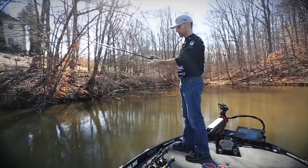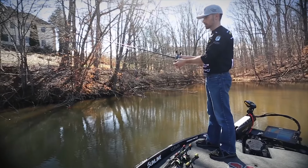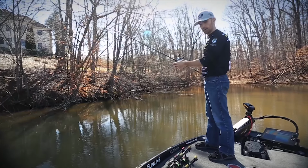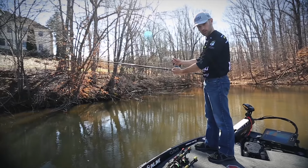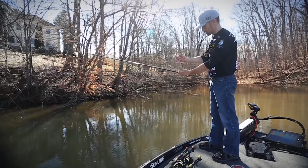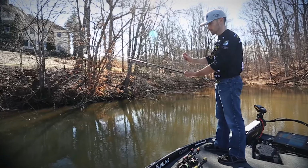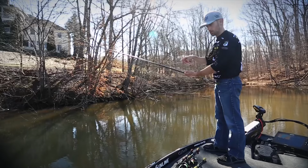And then what you're going to do is you're going to take your reel, turn it over on its side. It does a couple things. It helps keep your line off of the rod tip, and it's going to help your wrist move in a more natural motion. See, when my wrist is straight up like that, if the reel was up, I have a real short range of motion on my wrist. If I turn my wrist over, I've got a longer, stronger range of motion. That's where you're going to get all your accuracy, and that's what you're going to create all your momentum with